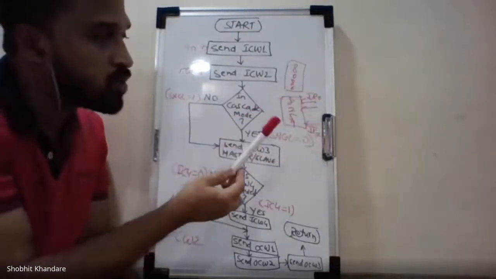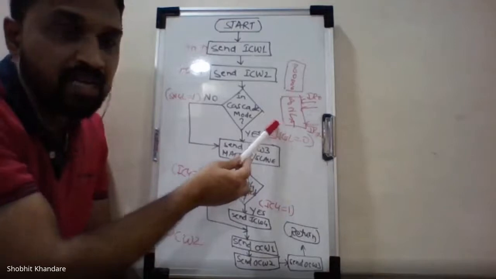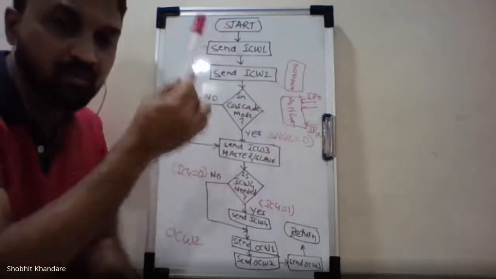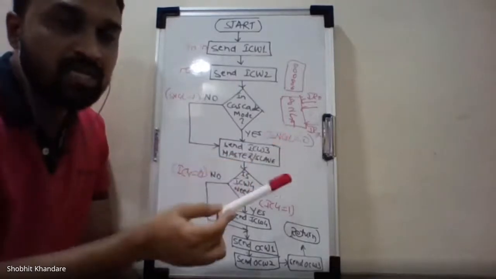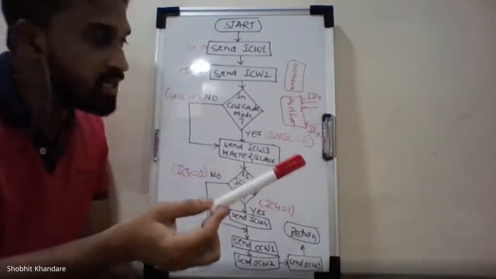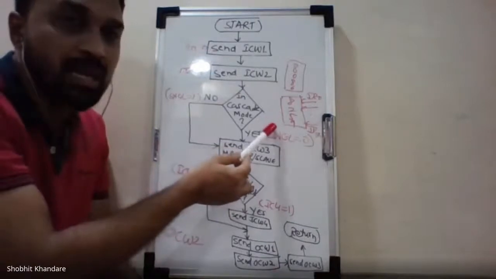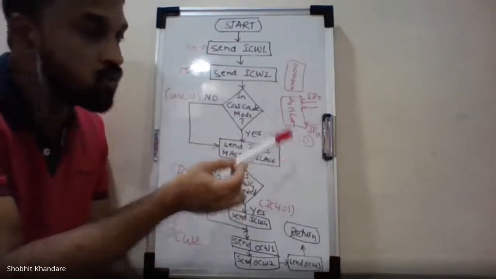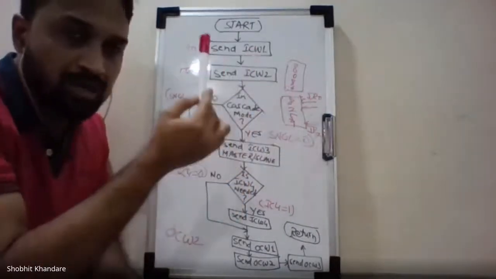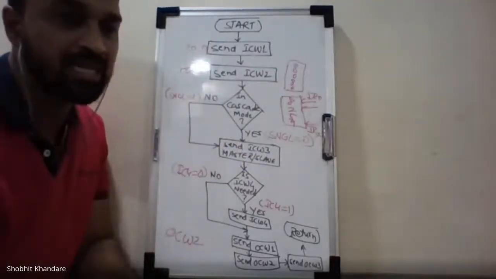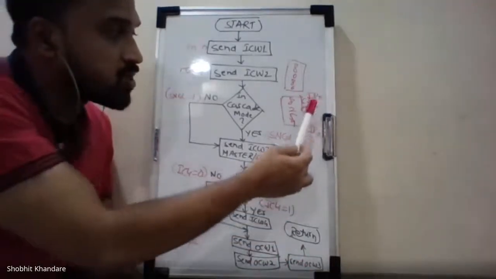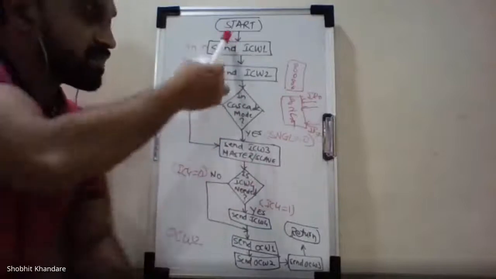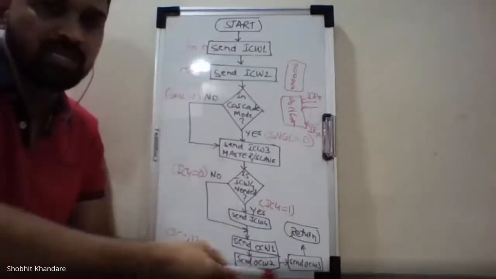I'm not only talking about one 8259. This 8259 is for master as well as for slaves. I can say the condition could be 1 master and 8 slaves. So all the slaves, all 8 slaves and 1 master are now ready to accept the interrupts coming from IR0 to IR7. When? After this flowchart, after getting this sequence.